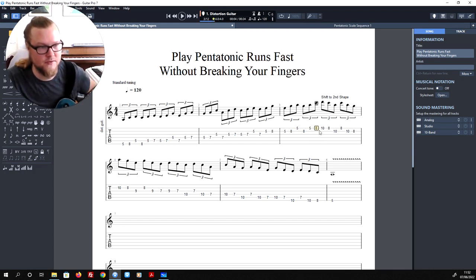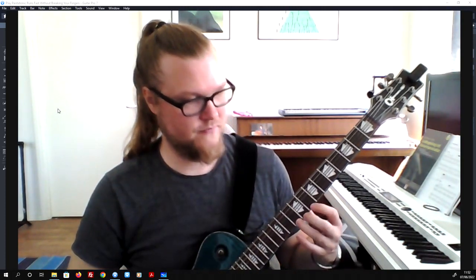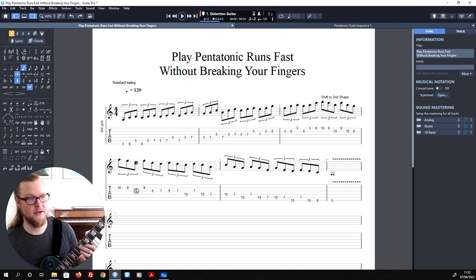But now in this position here, let's have a look at this, because here it's not quite as straightforward. So what I would recommend is playing this shape here, let me go big here, with the index and the ring finger. And now the next note will be in the 9th fret, this one here. So I played up to here. Now I'm gonna use my middle finger, index finger for the 8th fret, middle finger again, and now I do a small shift playing it with the index finger, and now I just go straight forward with the ring finger,